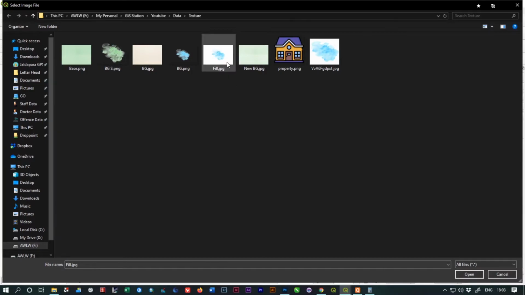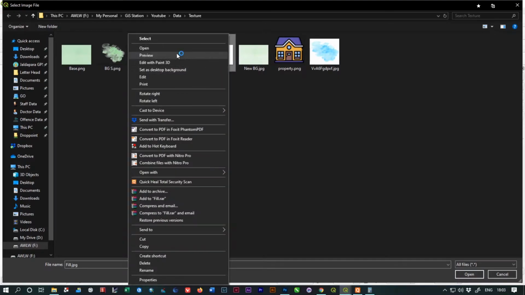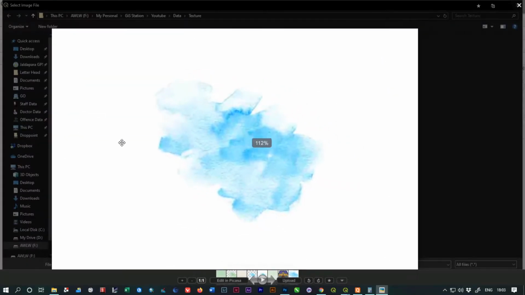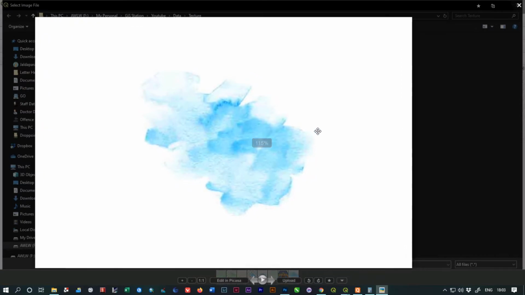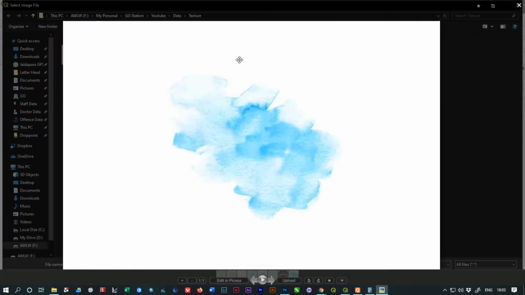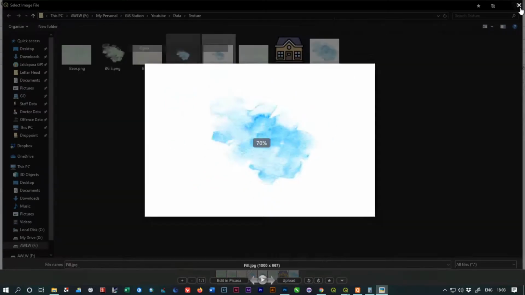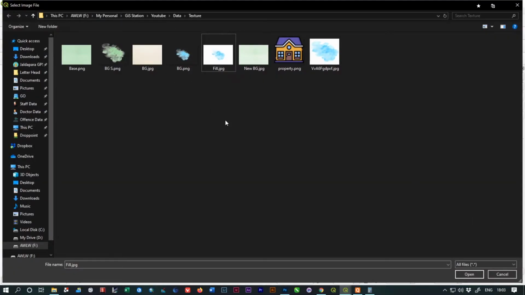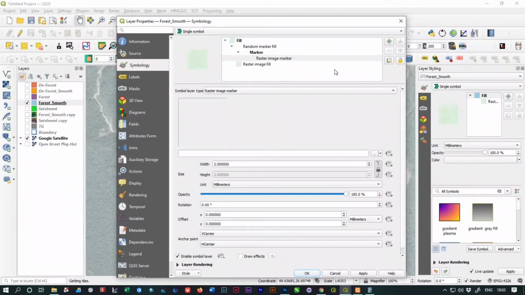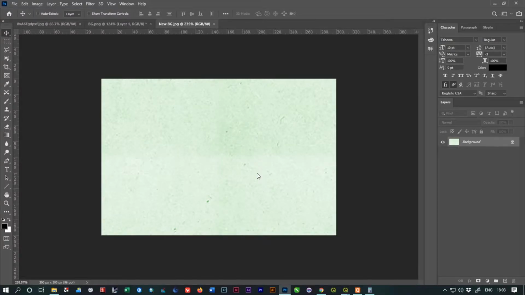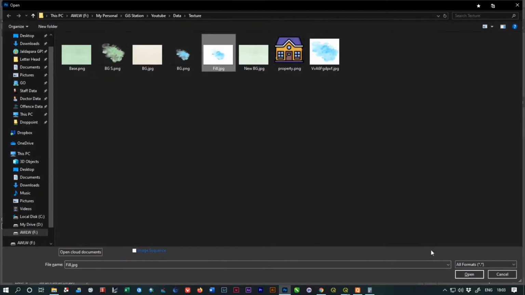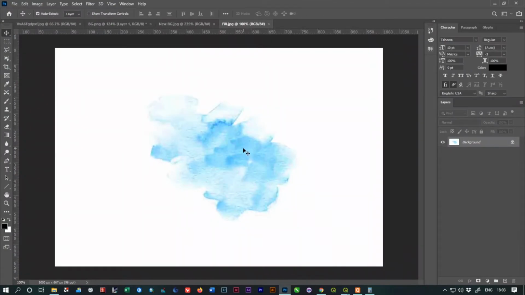You can download the watercolor from Google easily, but if you find it in Google as JPG, then you get this type of data which is not transparent. They come with this white portion. So if you want to remove this white portion and place it on your map and use it as a marker, then you have to remove the white portion. Open the downloaded watercolor image in your Photoshop, and Photoshop is a wonderful platform for giving